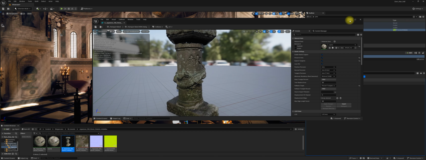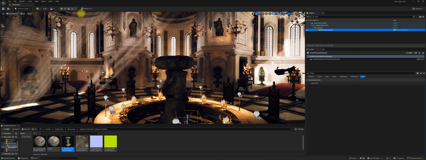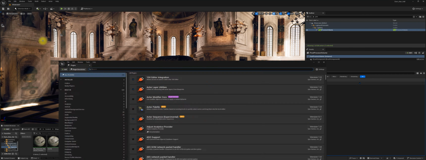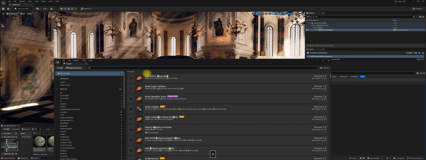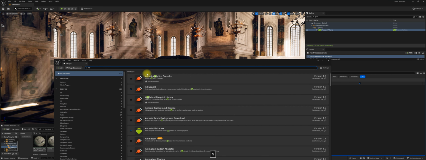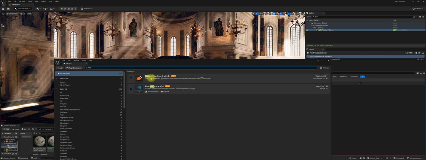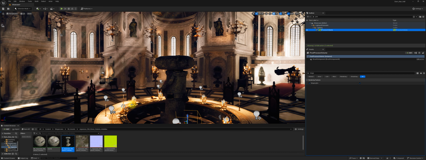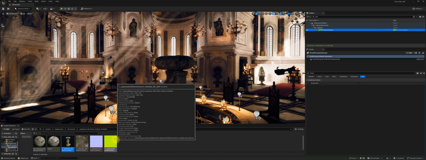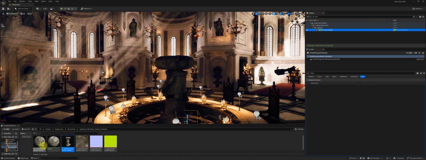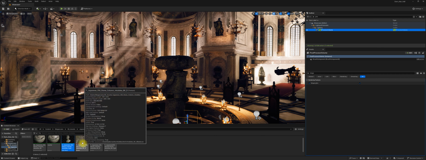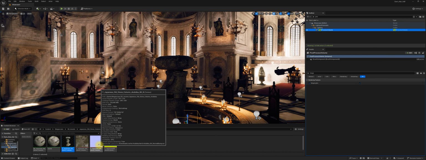But before you can use the full displacement Nanite functionality, you need to make sure that you also go to the plugin section, enter Nanite, and activate the Nanite displaced mesh. Once you've done that and you've downloaded your textures, which you can see here,